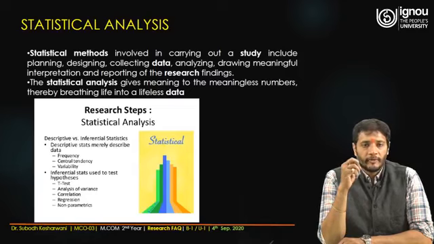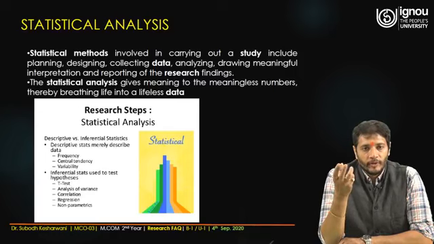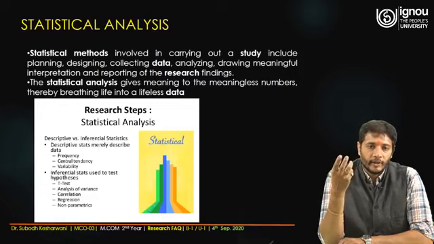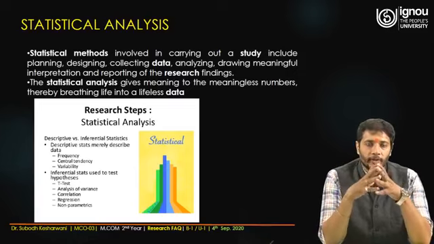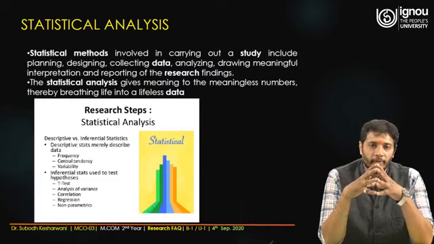Statistical analysis talks about descriptive statistics as well as inferential statistics. Descriptive revolves more around frequency or the measures of central tendency, which can be judged on the basis of averages, mean, median, and mode, and variability is there. On the other hand, there are inferential statistics, which are more random in nature, and they take into consideration certain tests like t-test, ANOVA, correlation, regression, or non-parametric tests. When we talk about certain terminologies, we are definitely going to talk about all those aspects, because this is something very important as far as research is concerned.